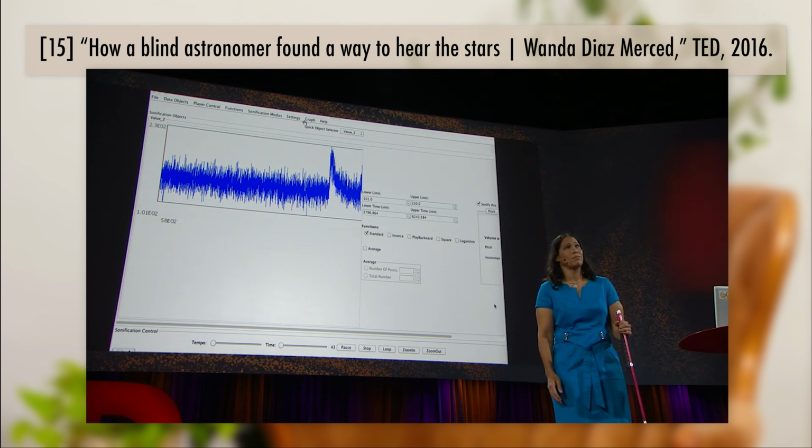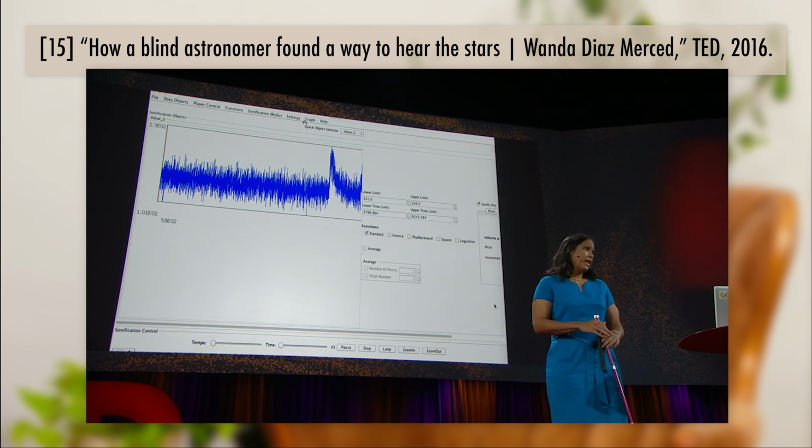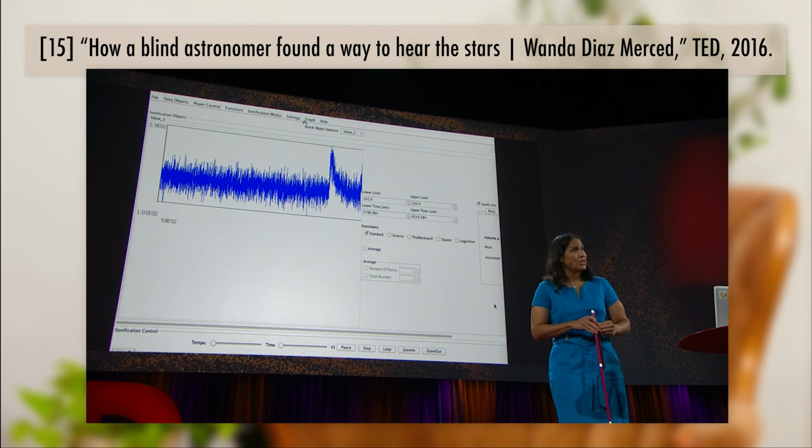She's actually been able to identify features in sonified data that sighted astronomers didn't catch in the visual representations, which is so freaking cool. It's for sure worthwhile to develop diverse representation methods for the sake of including people with disabilities, don't get me wrong. But there's also probably a lot of potential for anyone to get a deeper understanding of data through multiple sensory